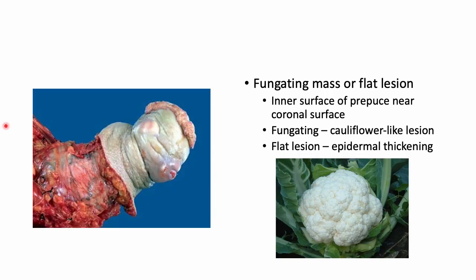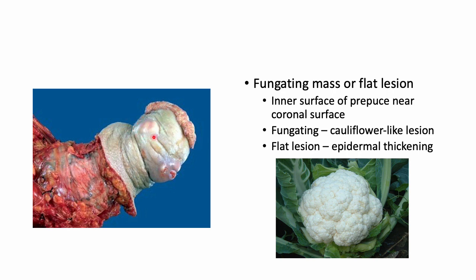Right, how does it look? So this is the removal of the penis. This is the shaft of the penis, starting from here until here. This is the glans penis, which is covered with prepuce. No circumcision was done here. You can see there's a growth coming out at the tip of the penis,